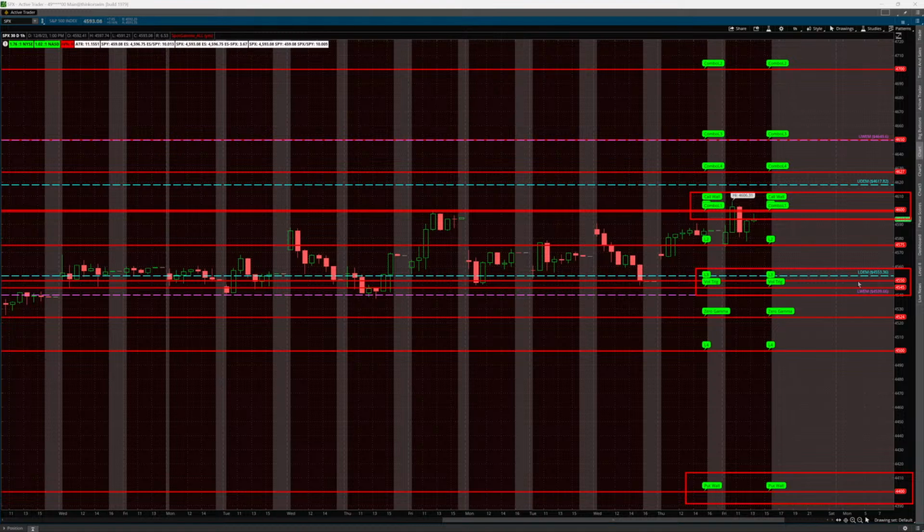And then again, the call wall at 4600, that's a strike with the largest net positive gamma that can be expected to act as resistance, and it did more or less today. And also that is now the absolute gamma strike. That's the strike with the largest absolute positive and negative gamma. That's where most of the gamma weighted open interest is concentrated.